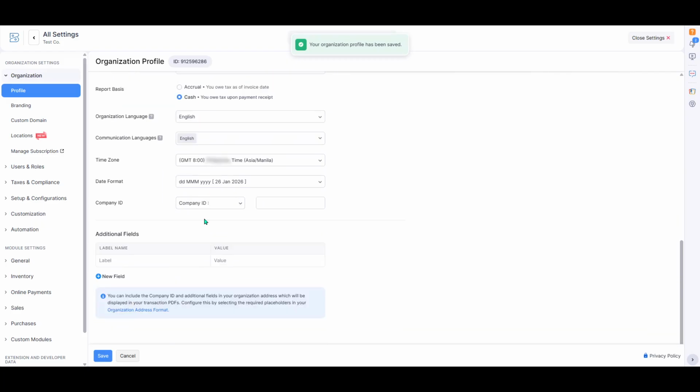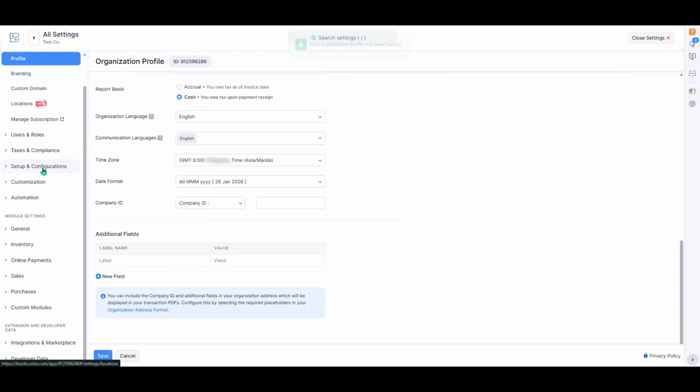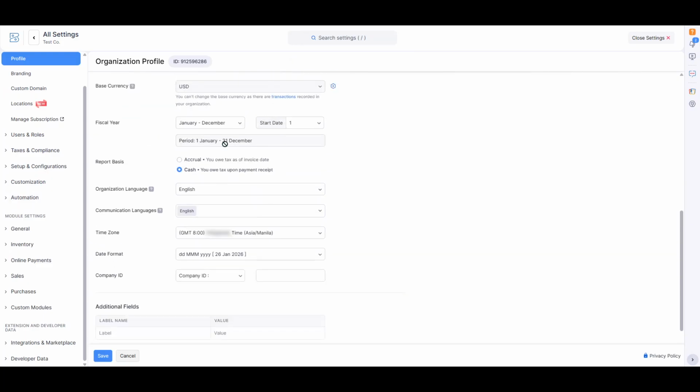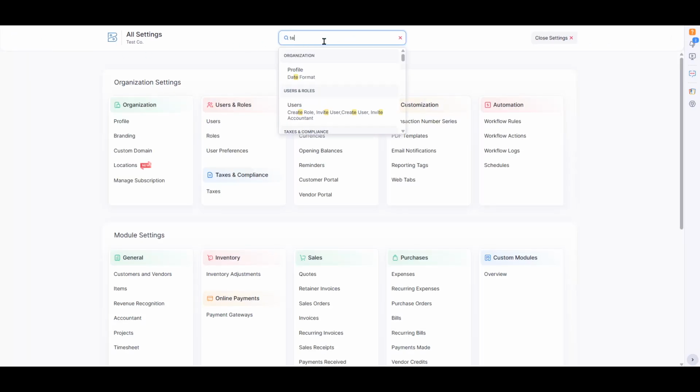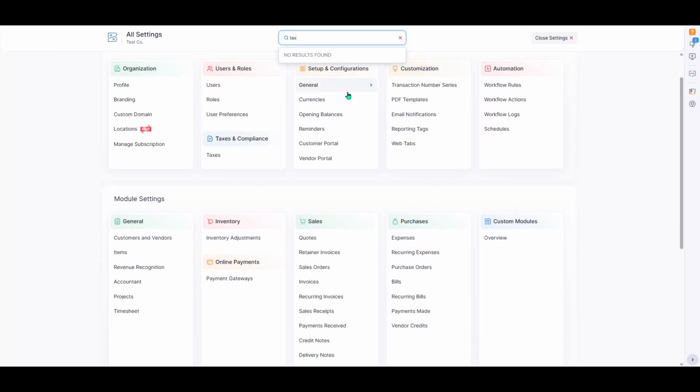Next, go to the Taxes area to configure your tax settings. Choose the correct region, enter your tax registration details, and add any tax rates you'll be charging or paying. Decide whether your prices will be tax-inclusive or tax-exclusive, and set default preferences so the system behaves the way you